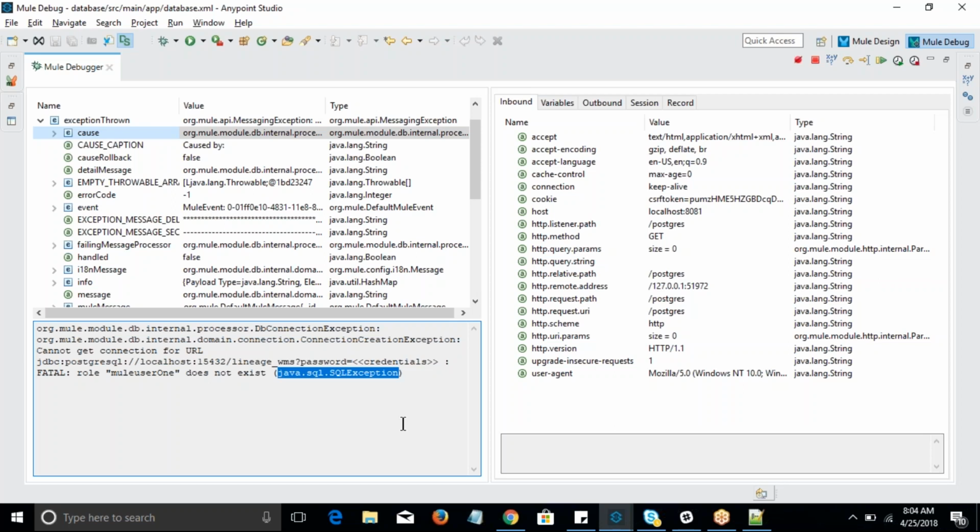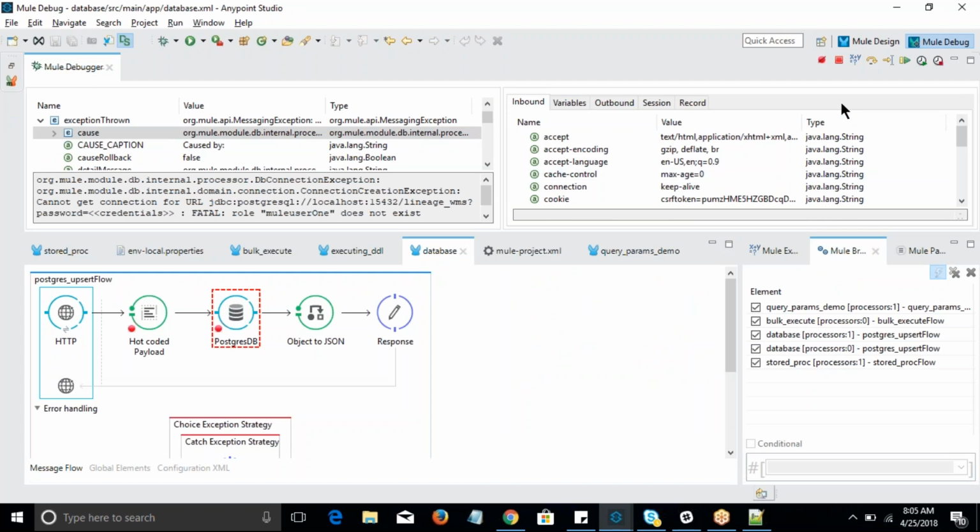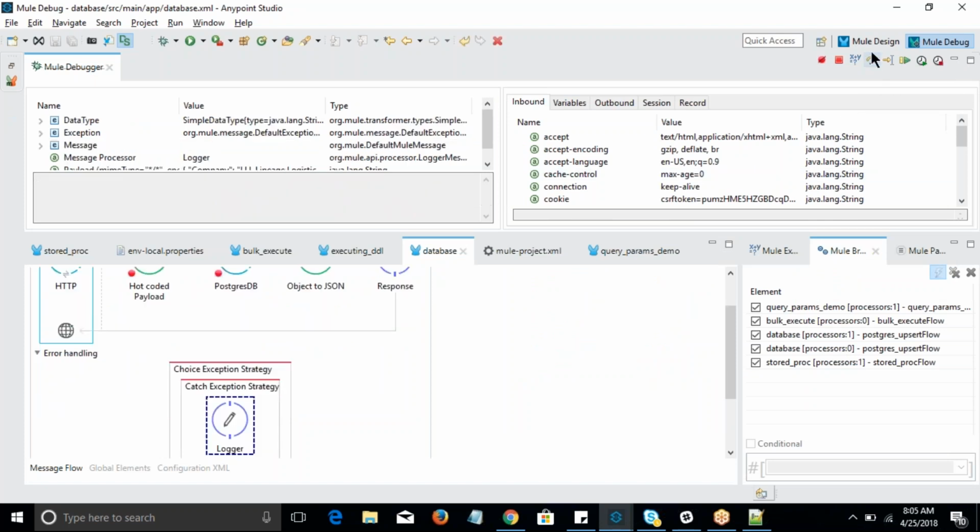That's why you need to run in debug mode. You can capture things like this. Or else, suppose I'm not running in debug mode, and then how